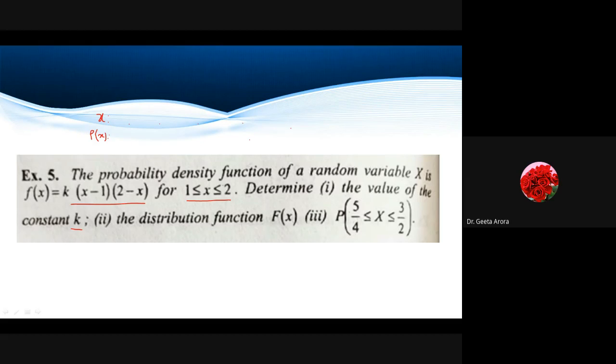Here, the first thing that I'm sure you have checked is that we have a probability density function. What we have discussed is, in case of a discrete variable, we look for the probability mass function, and for the continuous one we look for the density word. Correct? So from here you have to be sure what we are actually going to calculate. Here they're saying that the probability density function is given by this. So f(x) is given to us for x lying between 1 and 2, and we have to determine the value of this k.